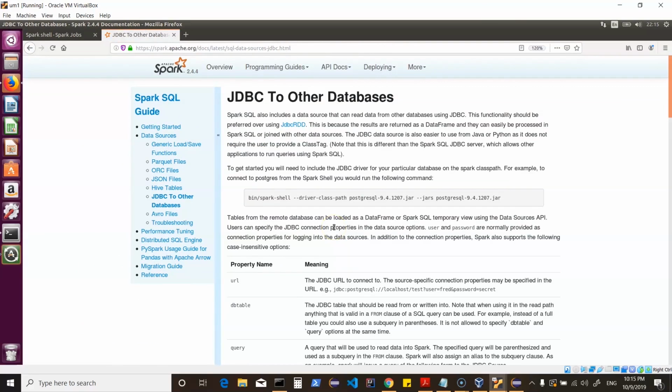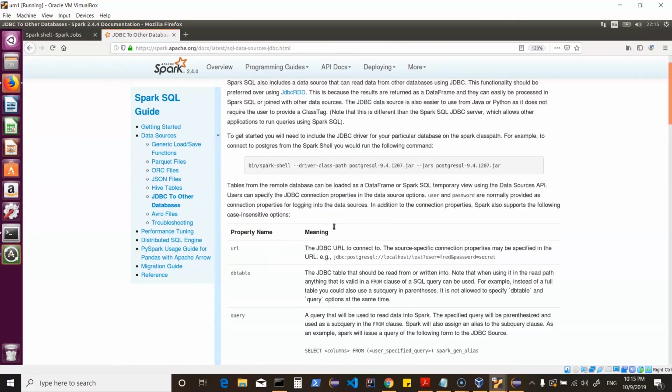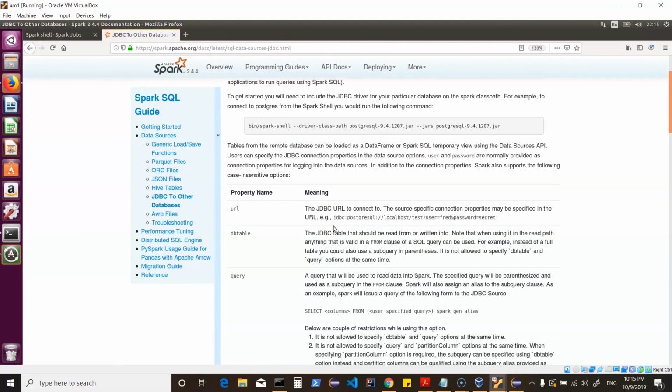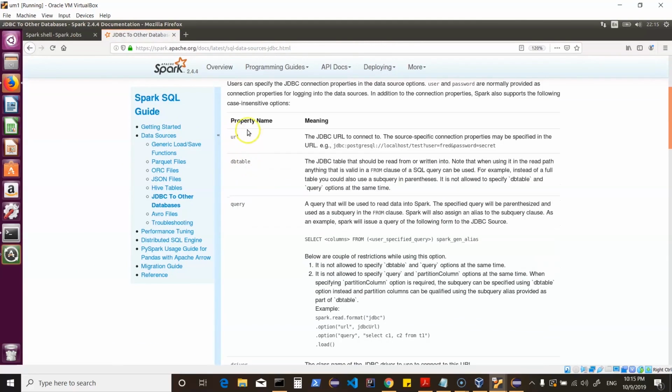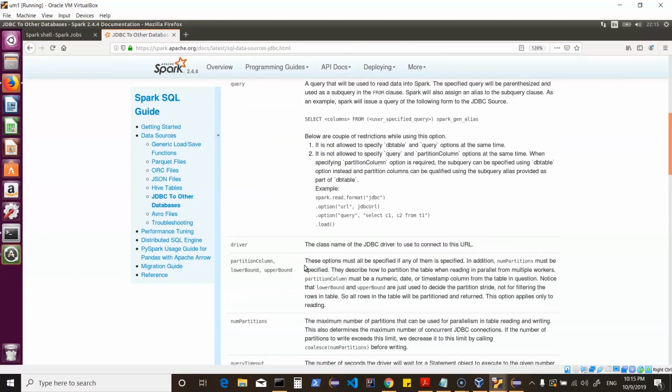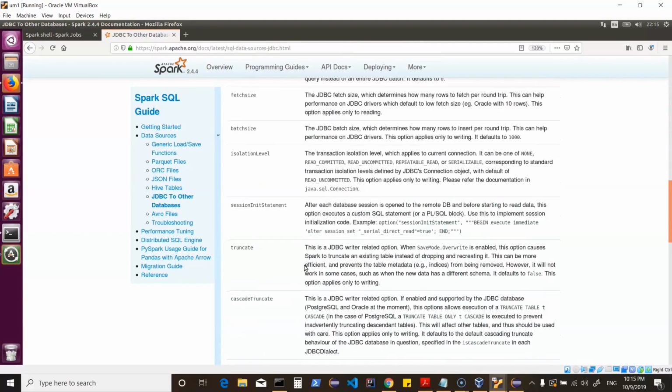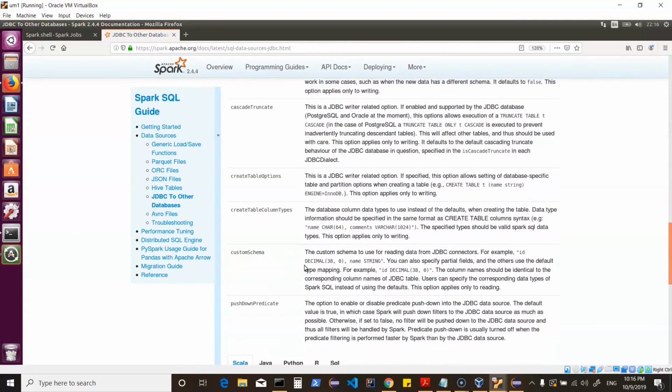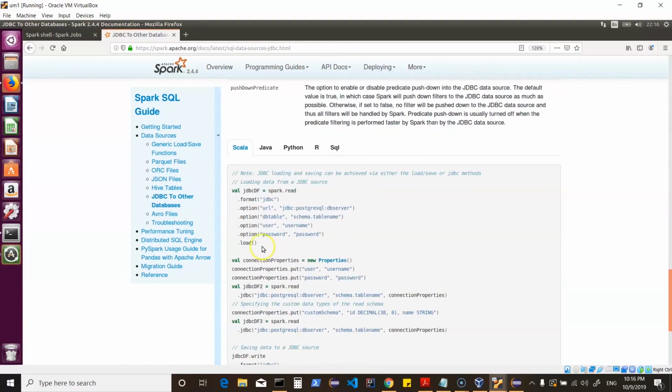But for this, remember, you will have to set up a MySQL instance, you will have to get the driver, and then you can give all these options such as URL, DB, query, your driver, and other options to connect to an RDBMS. You can connect to any particular RDBMS by just doing spark.read.format, connect to an RDBMS, get the data from it, create a data frame, and work on it.